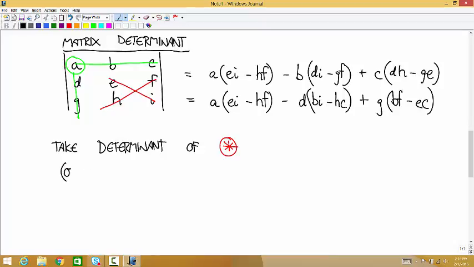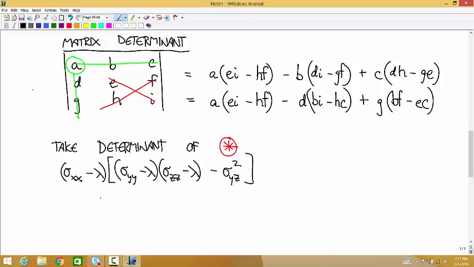So you get (sigma xx minus lambda) times (sigma yy minus lambda)(sigma zz minus lambda) minus sigma yz squared, minus sigma xy times the quantity (sigma xy times (sigma zz minus lambda) minus sigma xz times sigma yz),